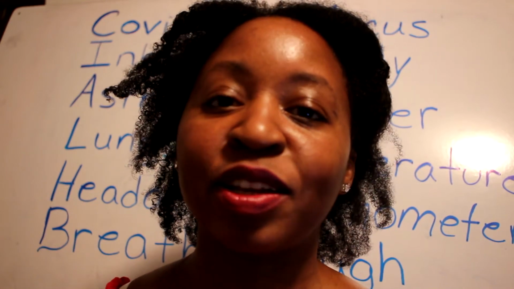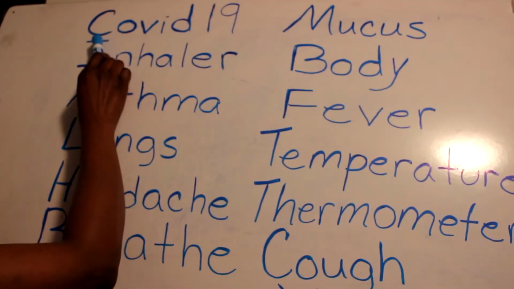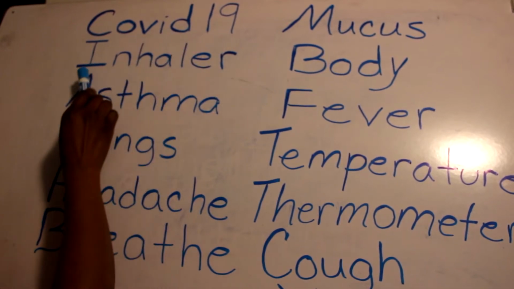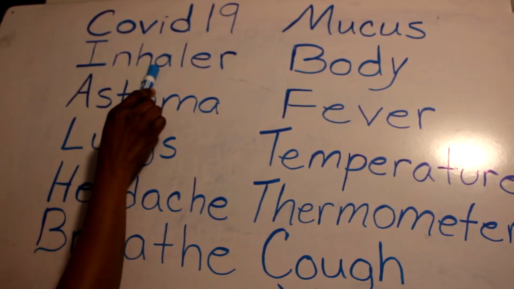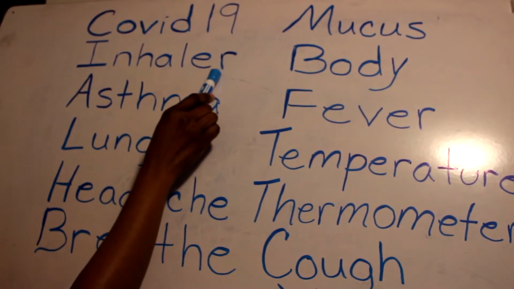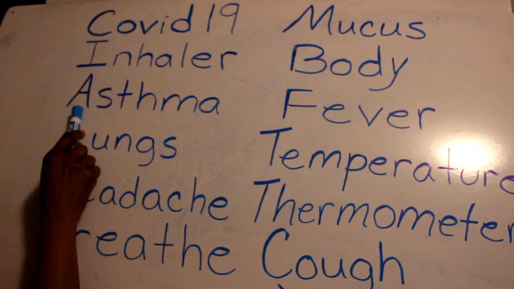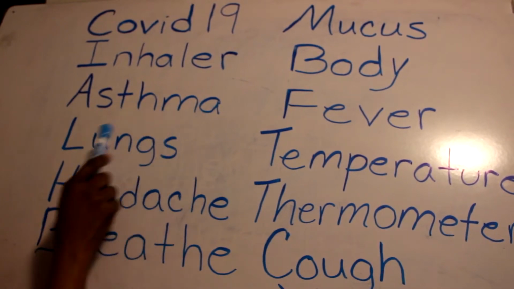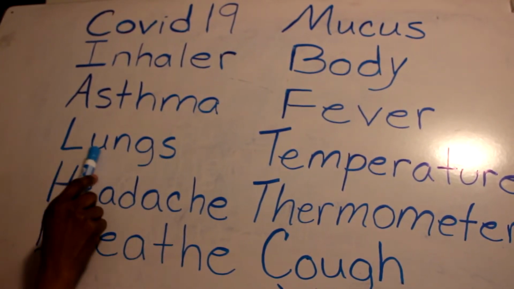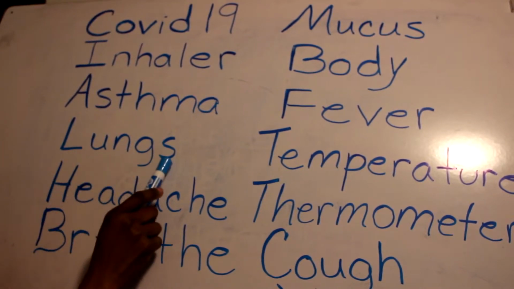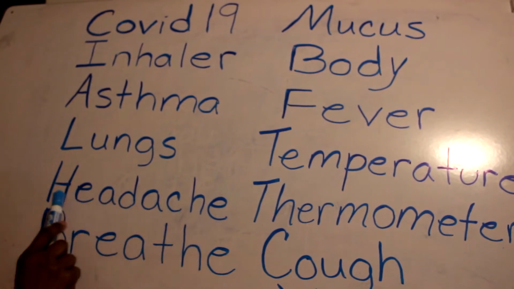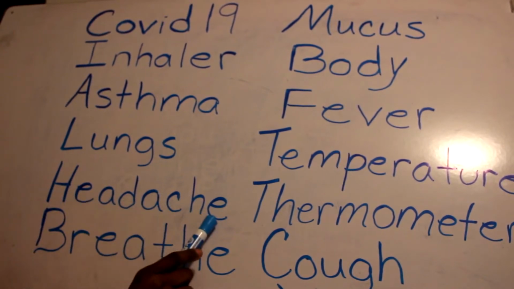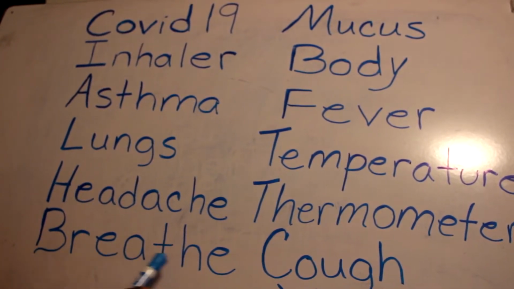Today we're going to learn new words associated with COVID-19. C-O-V-I-D and then the number 19, which is 19. The next word is inhaler, I-N-H-A-L-E-R, inhaler. The next word is asthma, A-S-T-H-M-A, asthma. The next word is lungs, L-U-N-G-S, lungs. The next word is headache, H-E-A-D-A-C-H-E, headache. The next word is breathe,